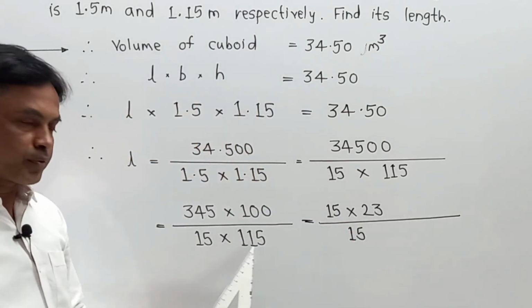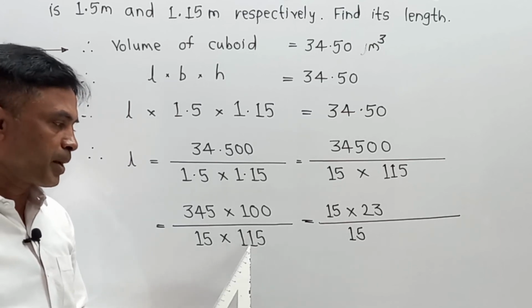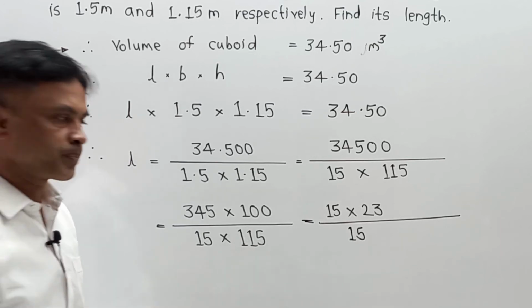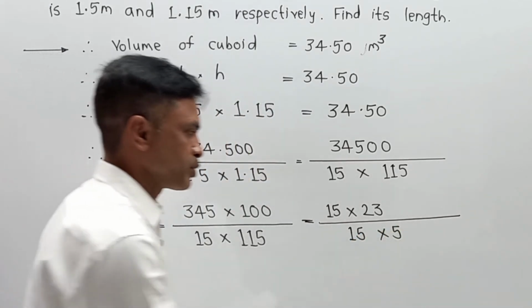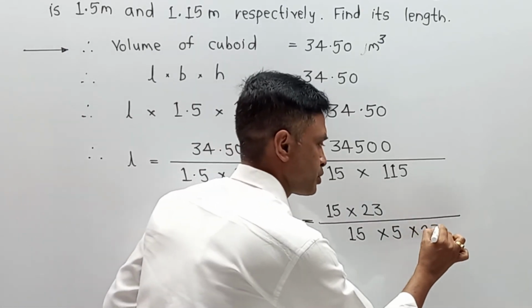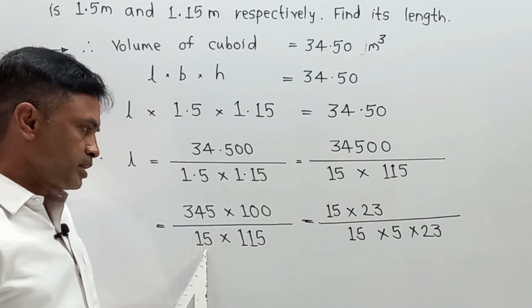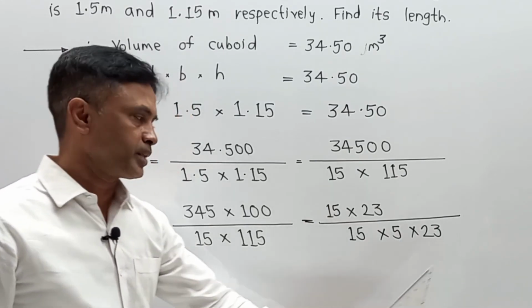Next, about 115. Again, I cannot multiply in terms of a split. The part has a 15, so I am going to divide it by 5 and the part becomes 5, and 5 2s are 10, carry 1, 5 3s are 15. So 23. Means this 15 is as usual and 115 I have split up as 5 into 23.